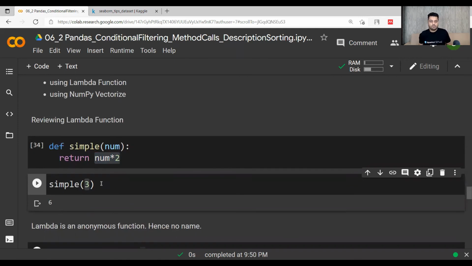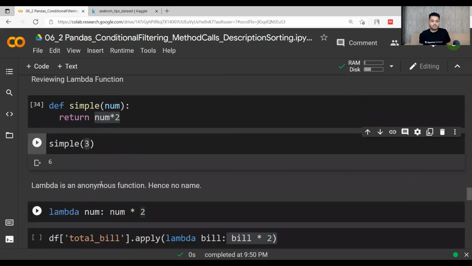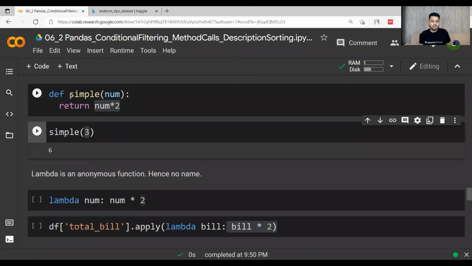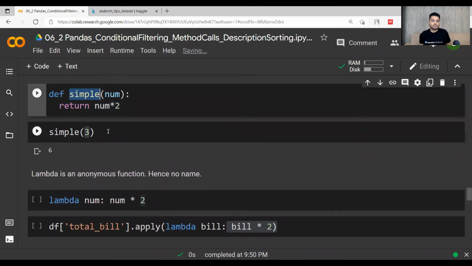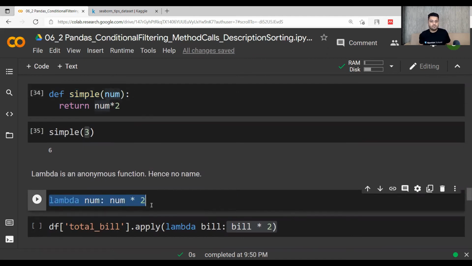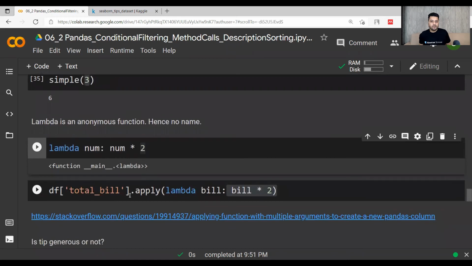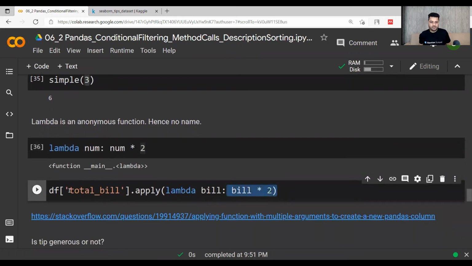Now if you want to do it through a lambda function, lambda is an anonymous function. It has no name. The way we have defined this custom function with the name simple, we do not need to write a name like this. You can just simply run it like lambda num colon num into 2. So this is the lambda function that has been defined, and we will be using this function within the data frame total bill.